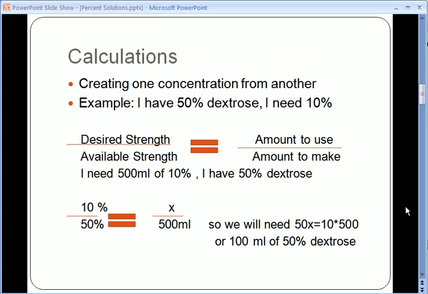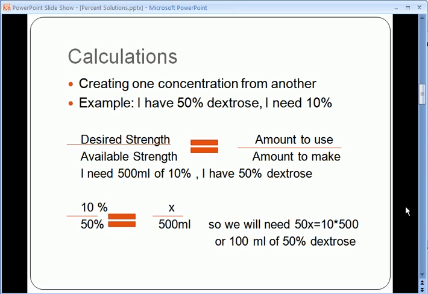So calculations, creating one concentration from another. These tend to be complicated, but once you get used to doing them and you do a lot of practice, they're really not so bad. For example, say I have a bottle of 50% dextrose and I need 500 mLs of 10%. One equation you could use for this is desired strength divided by available strength equals amount to use divided by